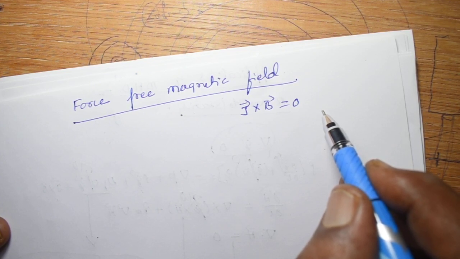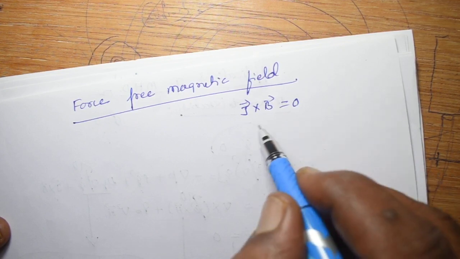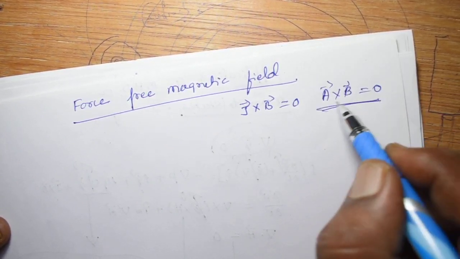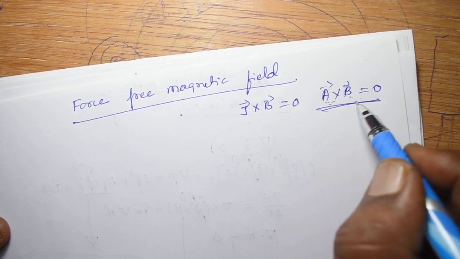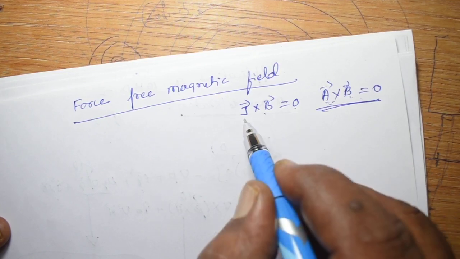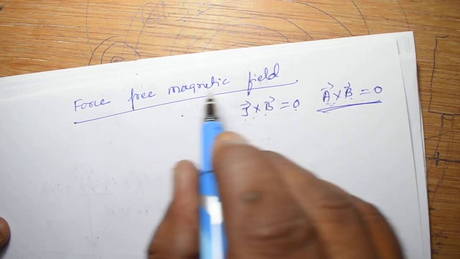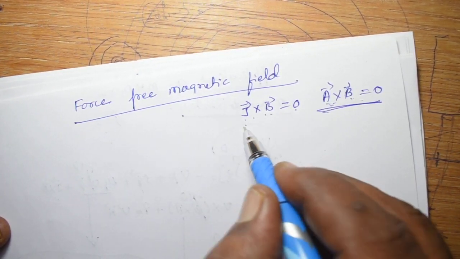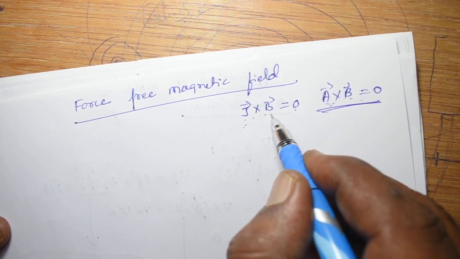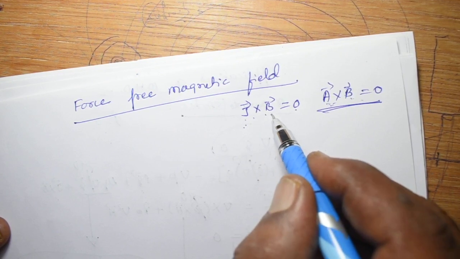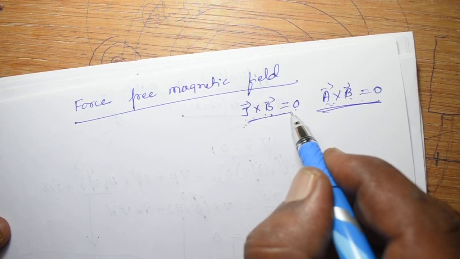So if the magnetic field lines and current lines are parallel, because when the cross product of two vectors is zero, what does it mean? They must be parallel. Okay. Here J cross B is equal to zero means that it is a force free magnetic field. So for a force free magnetic field, the J lines and B lines, current lines and magnetic field lines, are parallel everywhere. Do you got it? Right? Thus in a force free magnetic field, always J cross B is equal to zero.